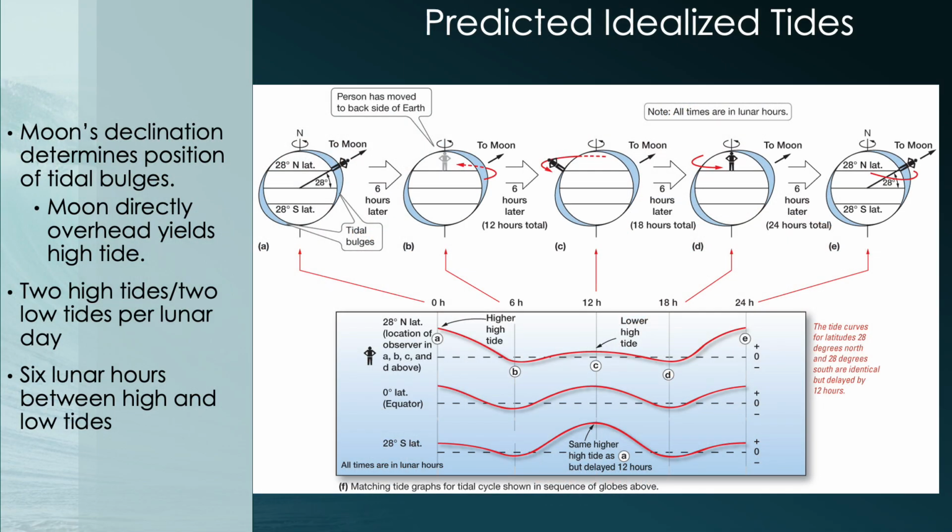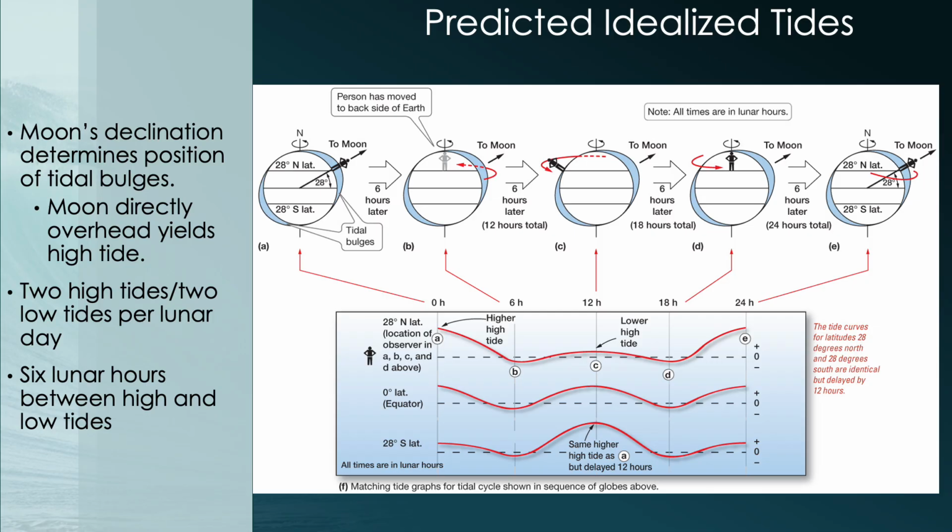Okay, so this diagram, very, very important to understand. I actually should mention the other diagrams that are very important to understand: that diagram with the resultant forces is very important, and the syzygy quadrature diagram, you should know that one as well. And then this one is quite important. And so this basically shows a sort of graphical realization of that pattern of 2 tides per day. That happens when we have an inclined tidal bulge, so the tidal bulge is not at the equator, it's pointed toward the moon, and